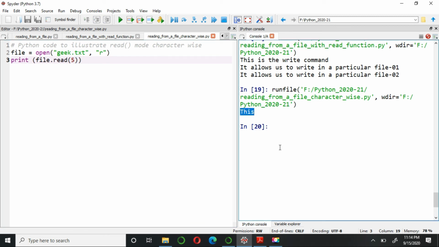No, it is actually printing 5 characters. You can see after this, a space is given. White space is again a character. I have just told you that. I can prove that if you merge this space in your text file.